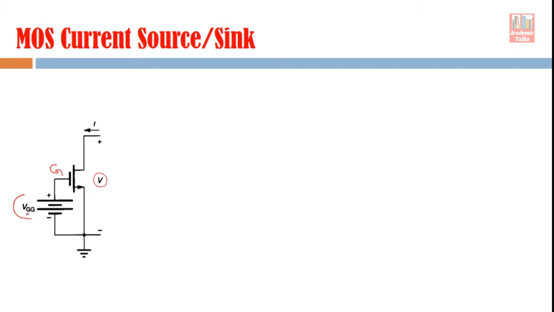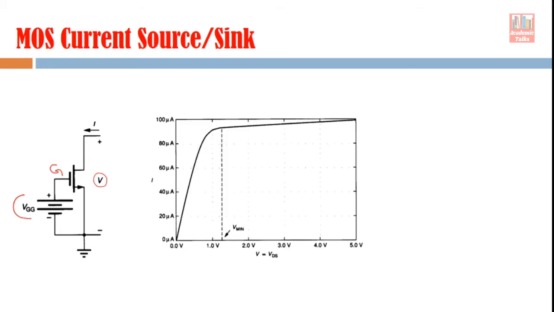Of course, you know the working of a MOSFET device, that will be controlled by VGG, right? So how good a current source will it make? For that we have to look at its characteristics. You know the characteristics of a MOSFET device look like this. Here on the x-axis it is drain source voltage, and here on the y-axis it's current, and this current of course is your ID, and V here is your VDS, drain source voltage, because this is the drain terminal and this is the source terminal. So the voltage across this source is the drain source voltage, and you know the characteristics look like this.